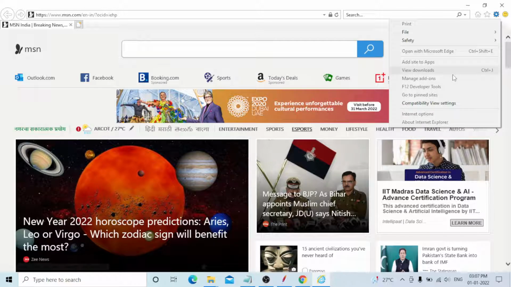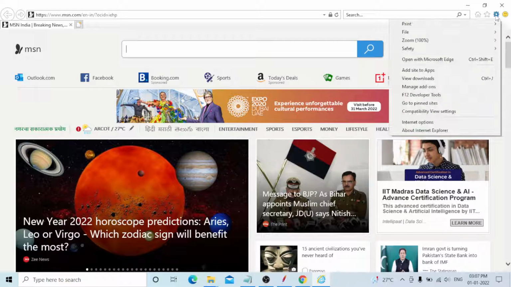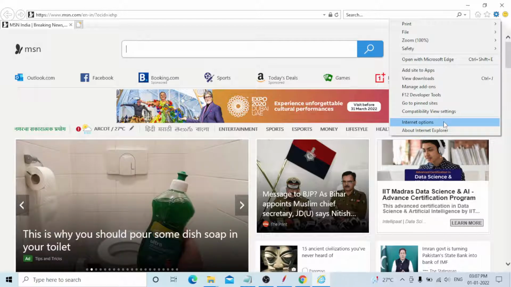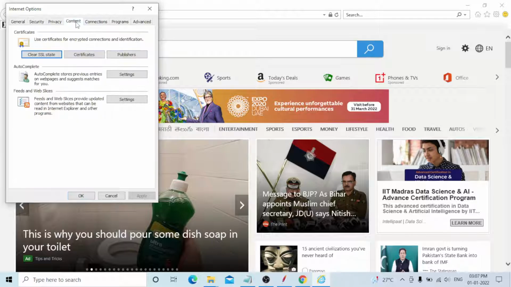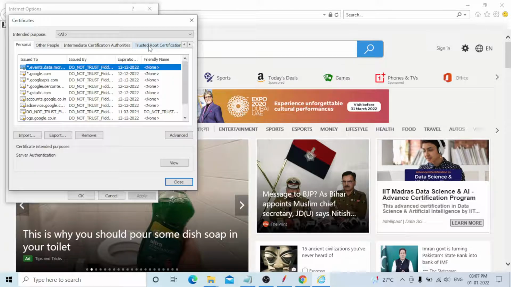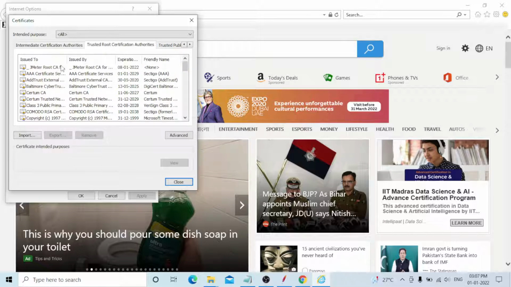Go to settings, internet options. First of all, go to content and check the certificates. Go to trusted root certificates. You can see JMeter; I uploaded the latest one today. You need to check whether the JMeter root CA certificate is installed or not.